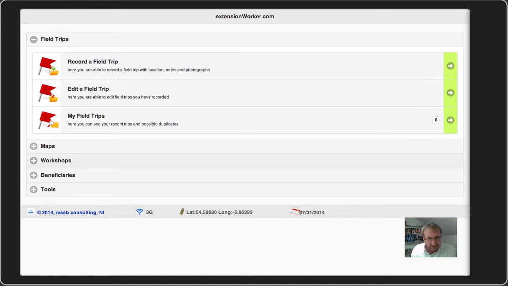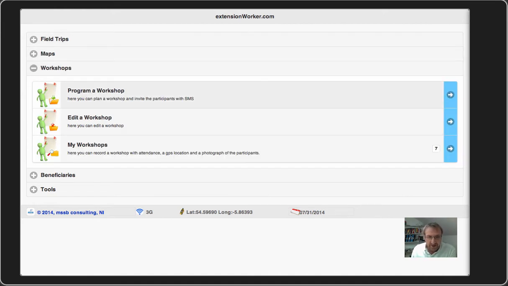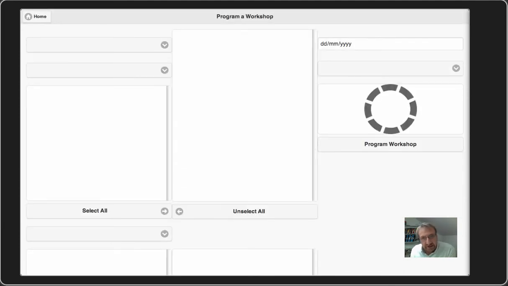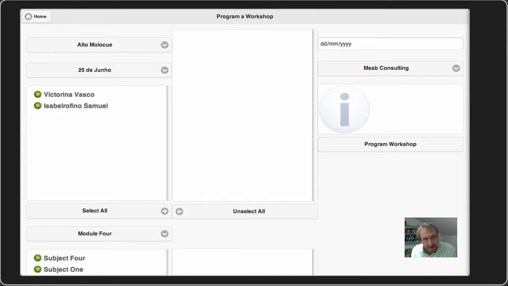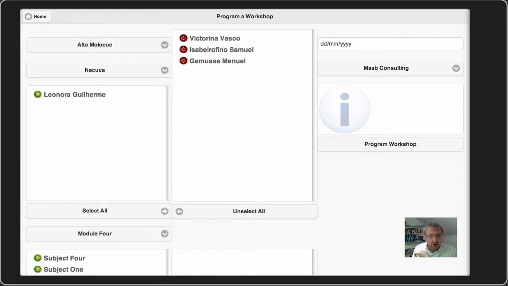And so I'm going to start with workshops, and this is where an extensionist can program and implement workshops. Programming a workshop is fairly straightforward. The extensionists can select people either by the area, which is what I'm doing now, selecting a bunch of people, or they can select by group or activity. I'm going to choose a bunch of subjects,